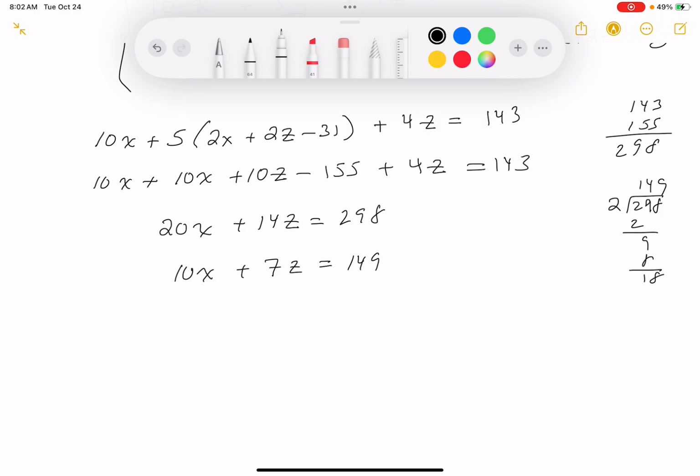All right, here comes the problem, by the way. You may even forget why you're doing this over here. You're trying to get an integer solution to the problem. And certainly I'm going to claim there could be more than one. I'm not saying there's not, but I want to see if I can maybe solve this thing for the letter z. So I'm going to say 7z equals 149 minus 10x